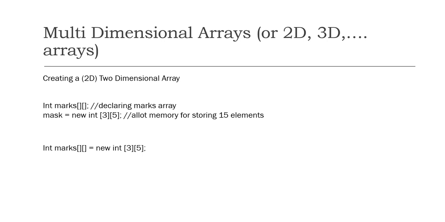So let us go to the IntelliJ IDE and try to write a simple program to see, if we have created the array and stored the elements at the time of initializing itself, how we can get the elements from that array. So the important point that you have to note down is, like in a 1D array we have to use one loop. If it is a 2D array, meaning if we want to store the group of students' records of different 5 subjects, we have to use 2 for loops, that is a loop inside a loop.